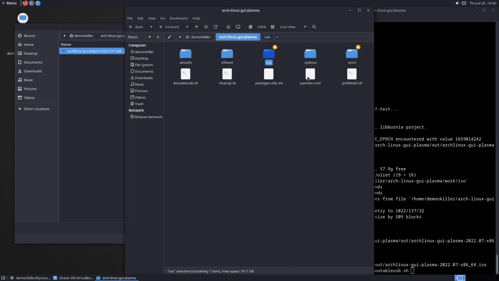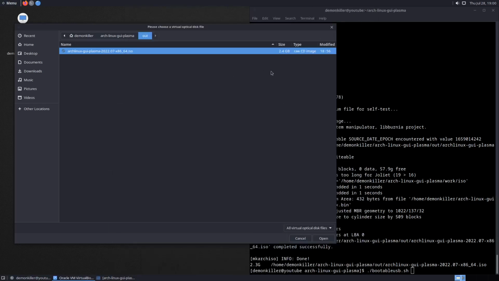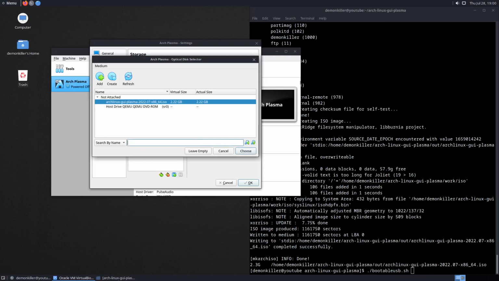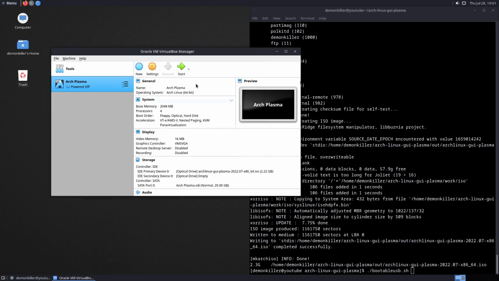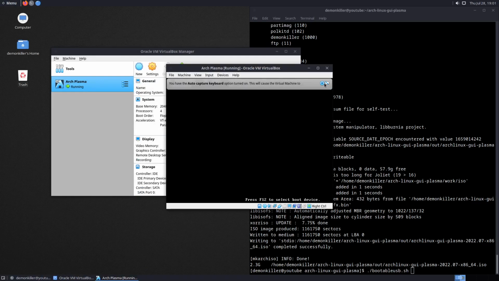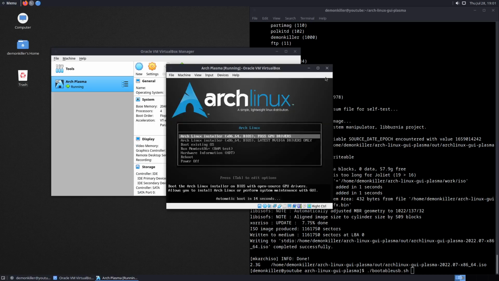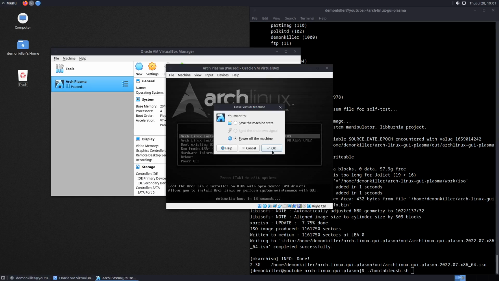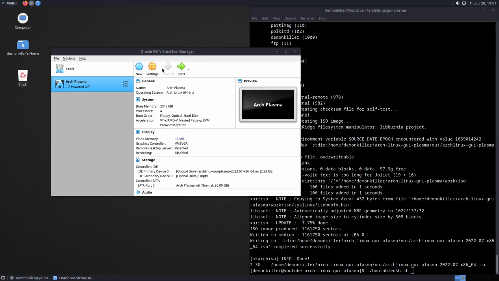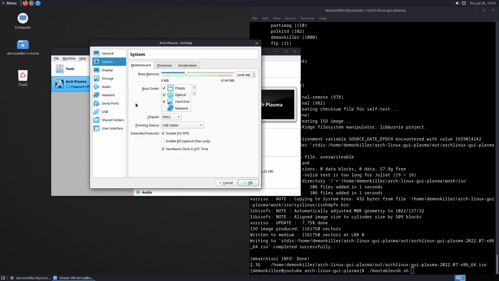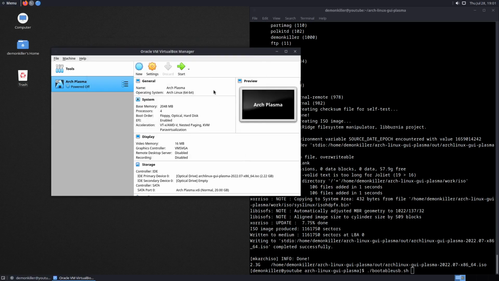All right. So now what I can do is just go ahead and close this. I can just close this because I want to save some resources as well. Choose OK, start the VM. There it is, we have this. So now I'm going to close this and just show you how you can start EFI. It's just general VM stuff. You can go to settings, system, enable EFI, OK, start,